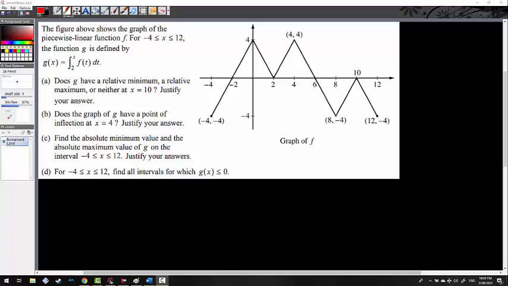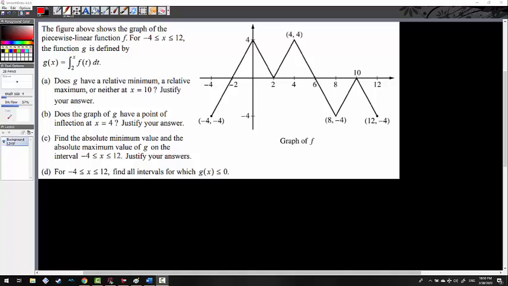Today we will be looking at the AP Calculus BC 2016 question number 3. This question was also shared on the Calculus AB exam as well. It reads, the figure above shows the graph of the piecewise linear function f for -4 to 12, and the function g is defined such that g of x is equal to the integral from 2 to x of f